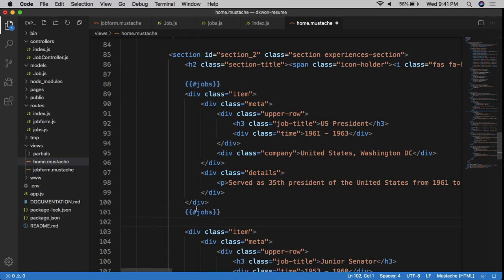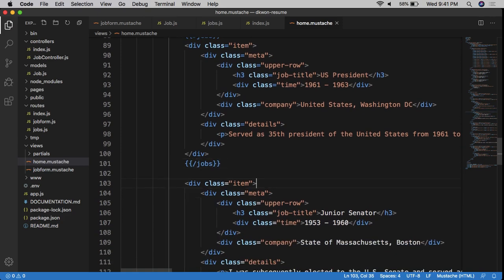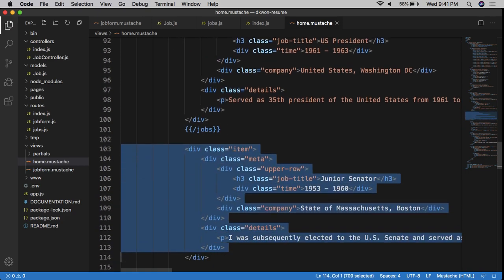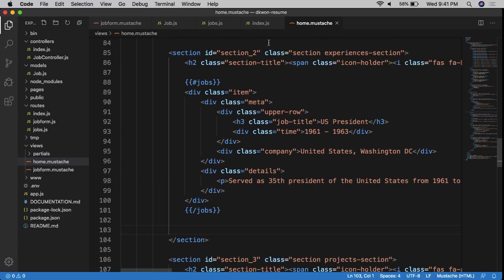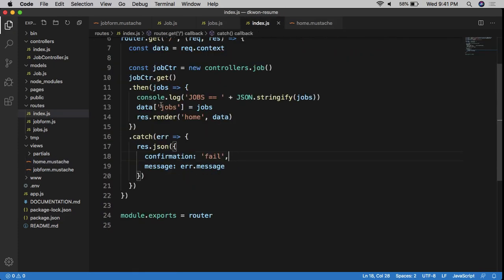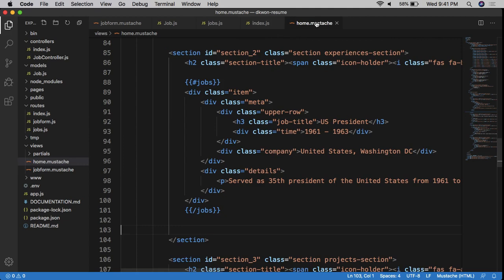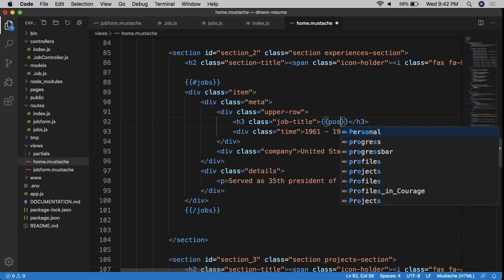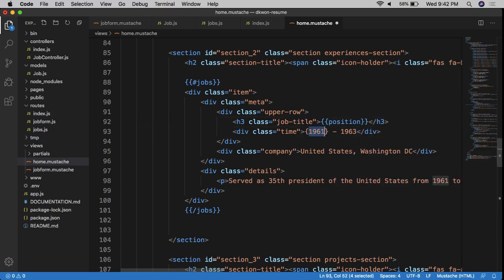And don't forget, these hashtags mean we're looping through an array, right? And then the second one right here, just get rid of it because we're looping through the jobs payload in here. See right there. So here we now have, what is it? Position, and then we have start, and this all goes back to what we were doing Monday of last week. Company,